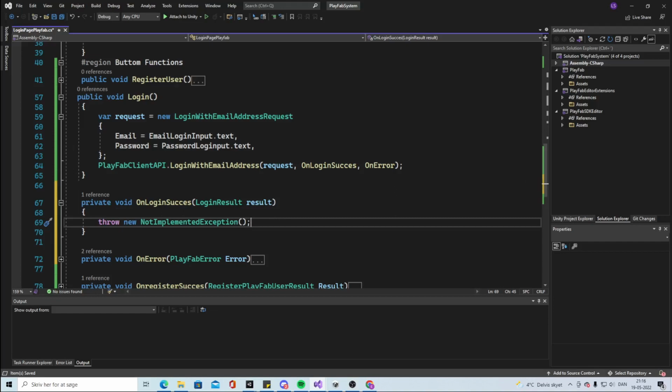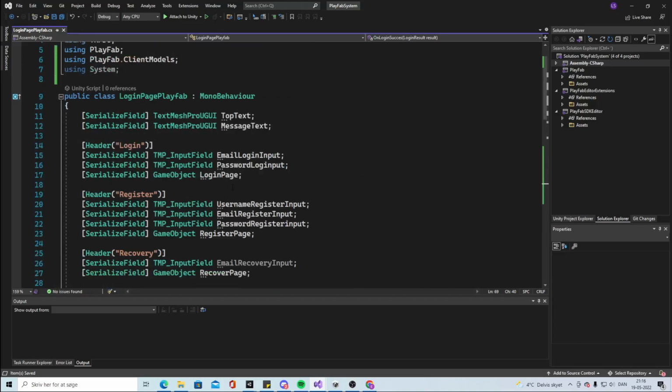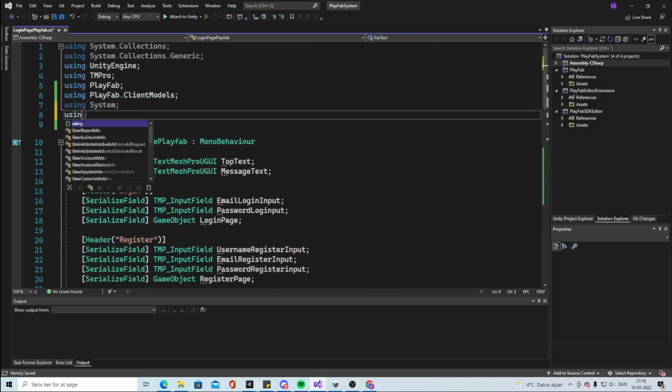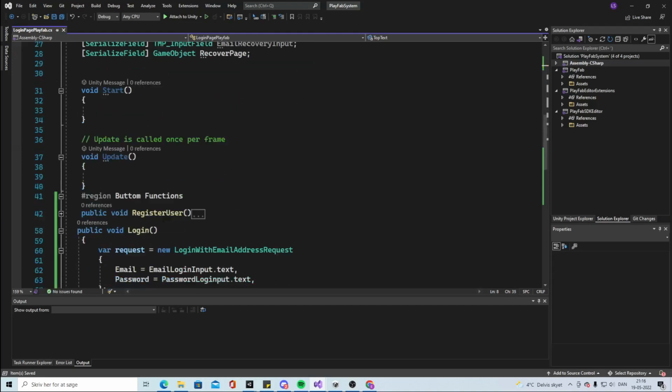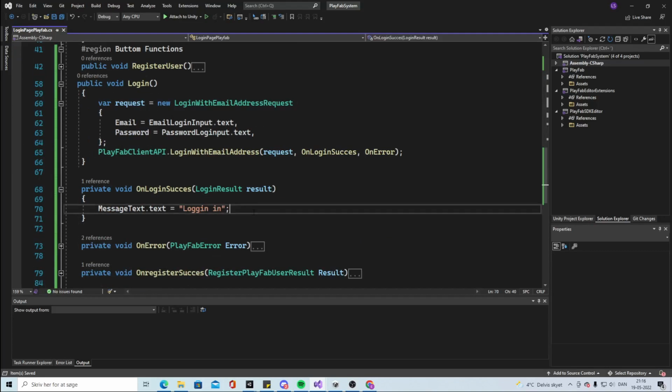Well, for me, I want two things to happen in general. One thing, it would be nice if there was a message.text that was telling me that I'm actually logging in. If the computer is taking some time to load, it would be nice knowing that it's actually working on logging in and it was success. The other thing is that we would like to open a new scene because, yeah, we are logging into the game. So we need to get into this UnityEngine.SceneManagement, and we can just say down here now, well,